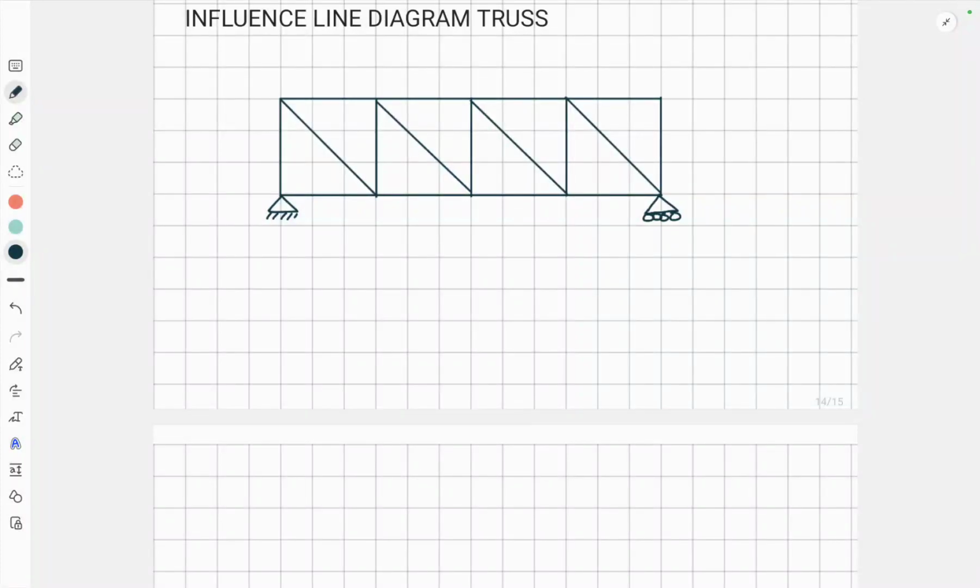In this video, I will be covering a topic, influence line diagram for a truss. In my previous lecture, I discussed the influence line diagram for a beam. Here, this is the figure of a truss, and this upper part is known as the top chord